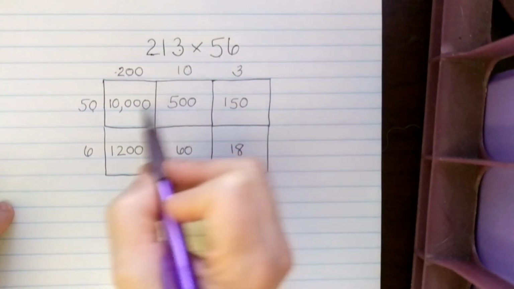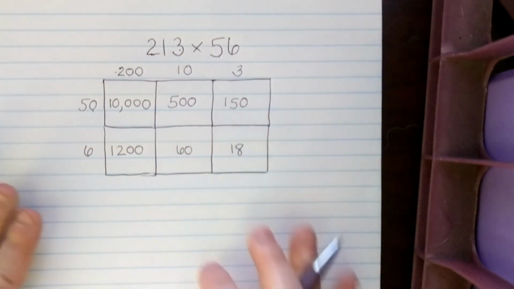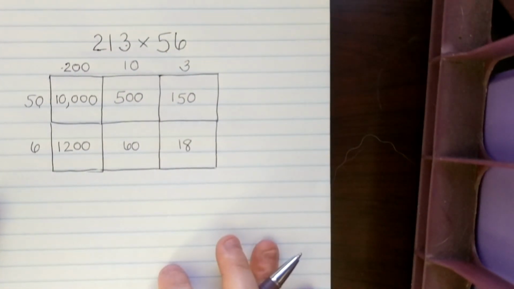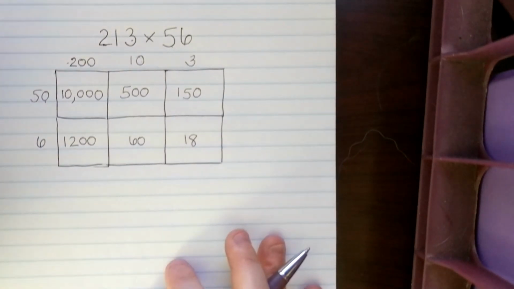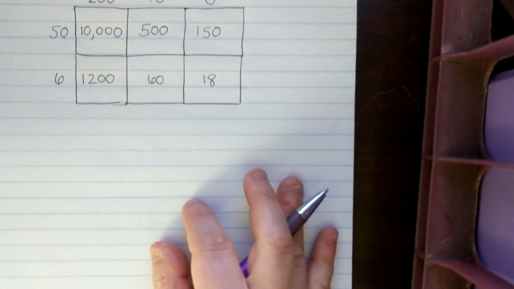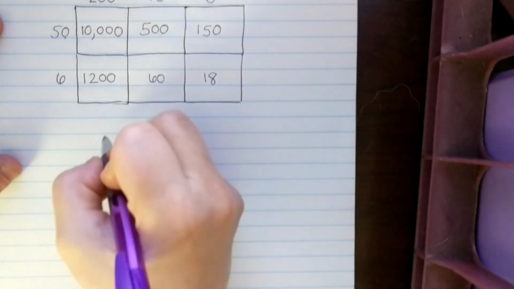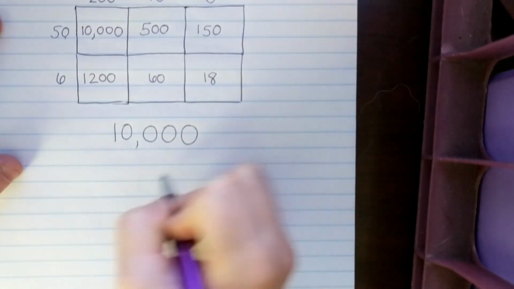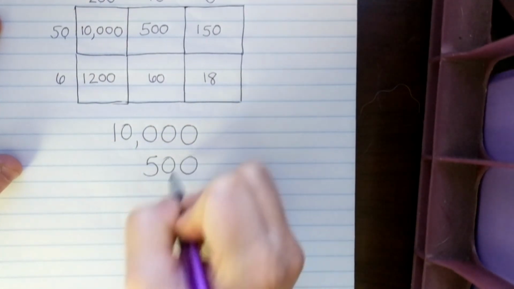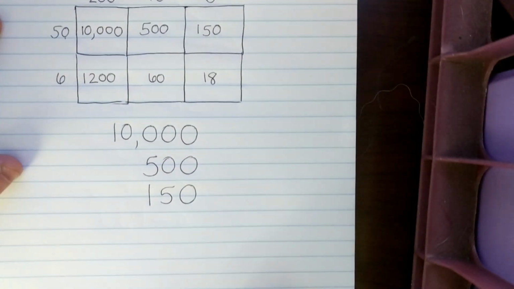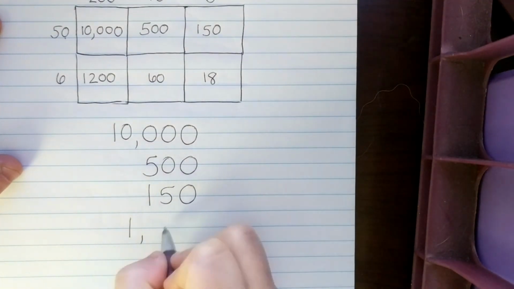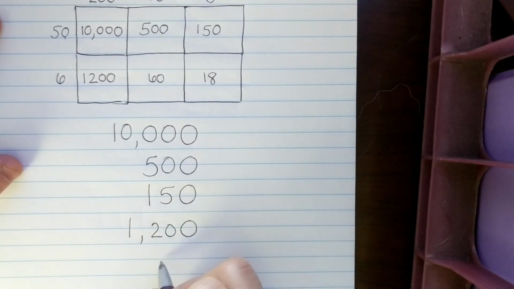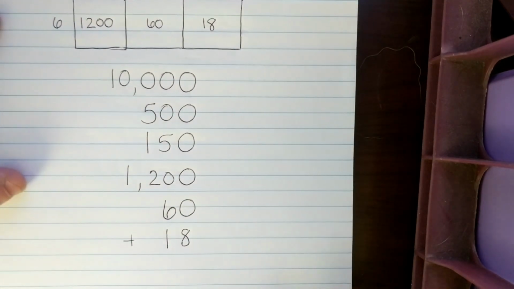Then I need to take all 6 of these values and add them together. So this is where the students need to be really mindful that they're lining up those place values. So I'm going to actually move my grid down here and set up an addition problem. So I have 10,000, 500, 150, 1,000, 200, 60, and 18. So let me move that up so you can see that whole addition problem that I've got,